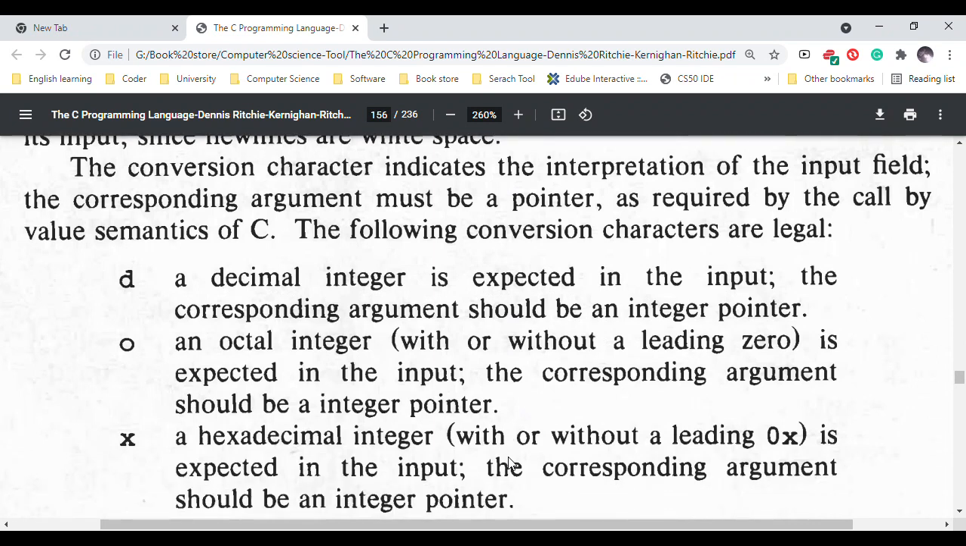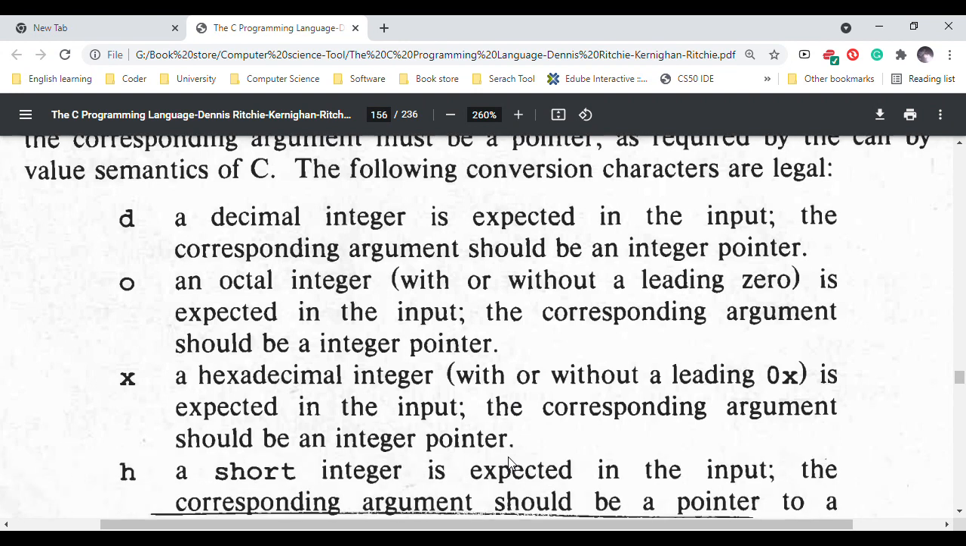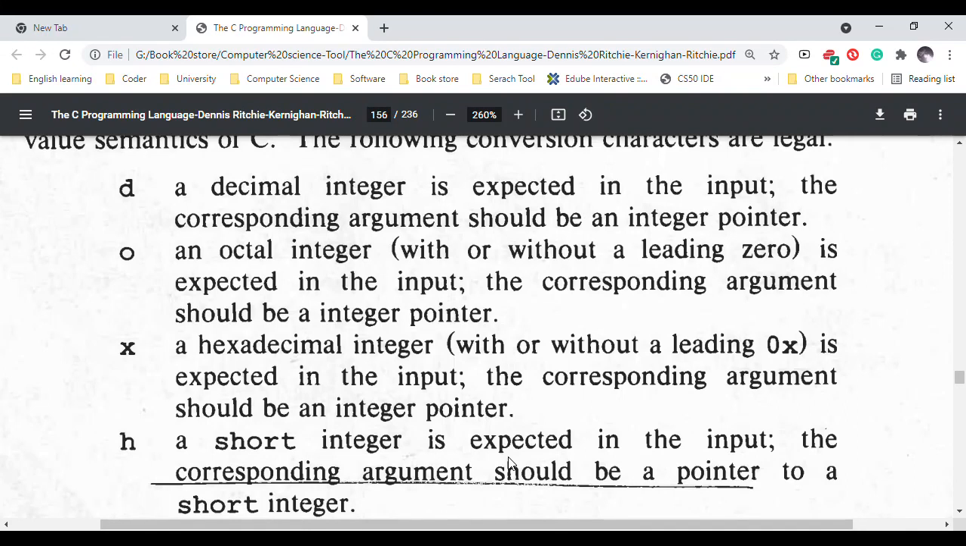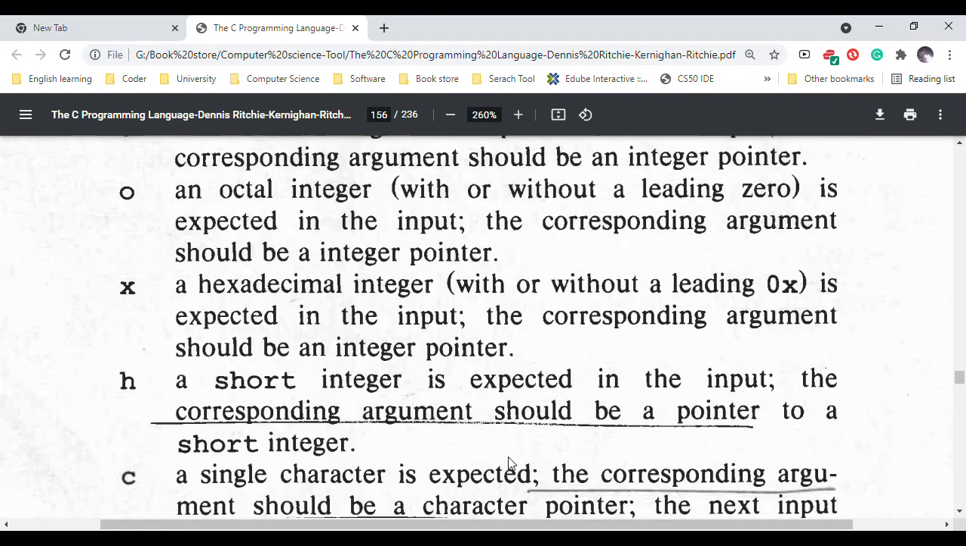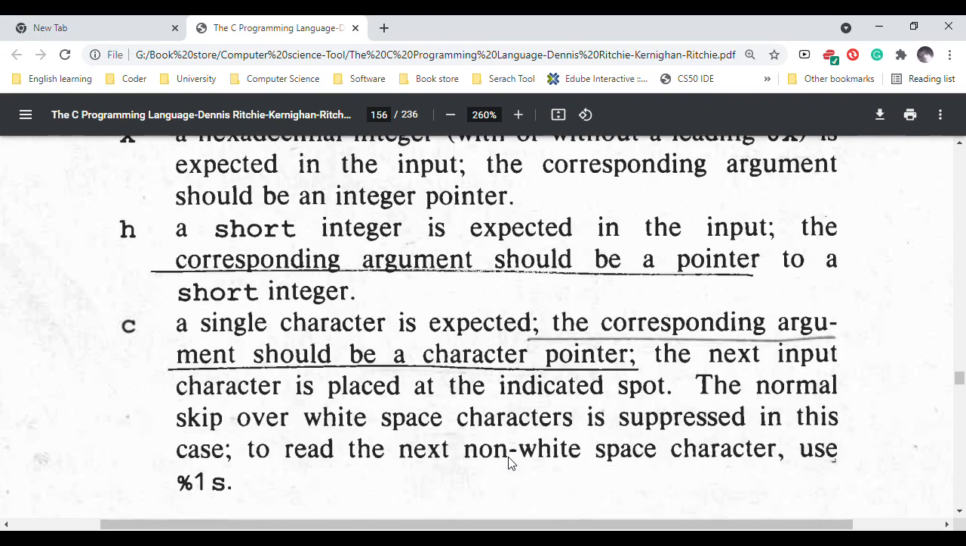The conversion character indicates the interpretation of the input field. The corresponding argument must be a pointer, as required by the call by value semantics of C. The following conversion characters are legal: d, o, x, h, c,